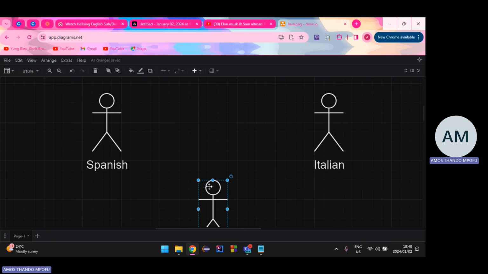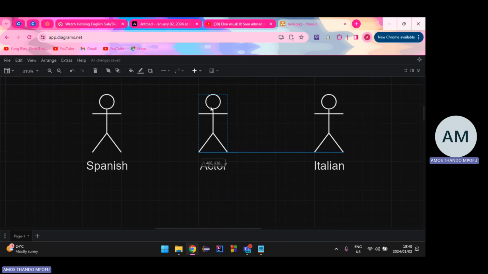That's where the interpreter comes in. I know English can be a problem, so I'm gonna say translator, or a fancy word for it is interpreter. So this middleman needs to know both of the languages, right? He needs to get information from this guy and translate it to Spanish, and then get information from this Spanish guy and translate Spanish to Italian.